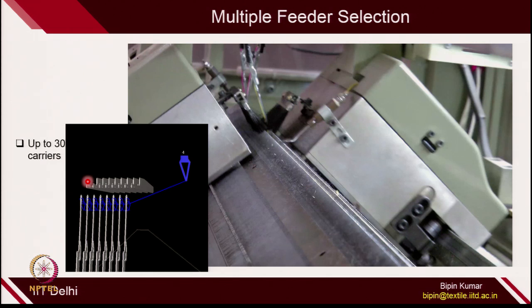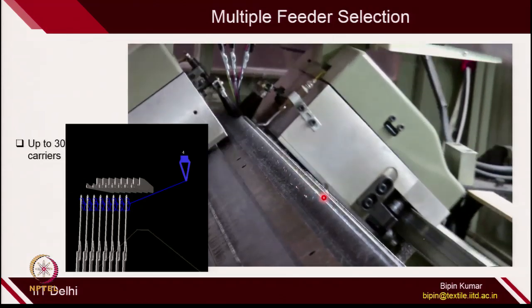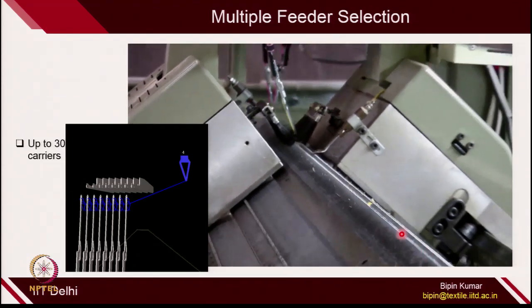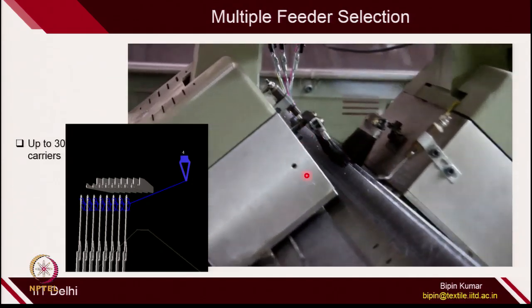The second big innovation: because the automation is already there, the carriage can move left to right and right to left with the help of motors. The other advancement which is very useful in the daily routine is feeder selection. The carriage can automatically select any feeder depending on the design of the fabric. So you can have up to 30 carriers standing either on the left side or right side of the machine, and the carriage can pick any carrier depending on the requirement of the fabric. Here in a simple video, you can see it is catching the yellow yarn, which is being formed here. The course is being formed with the yellow yarn. Now it is carrying the purple yarn.